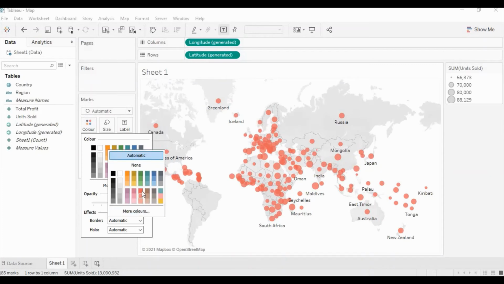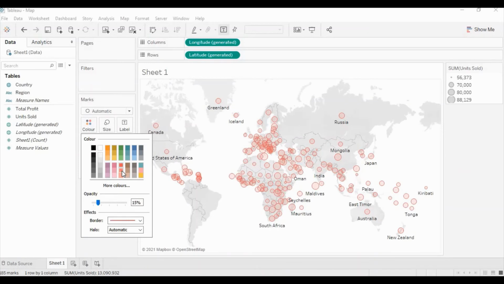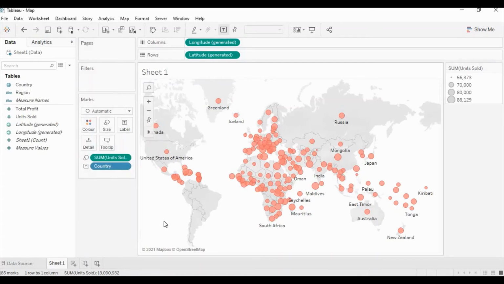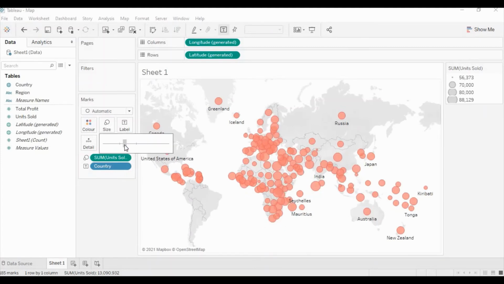And here you can select the border as well. So let me adjust the transparency of the color. Let me select a lighter shade of red, because I have selected the darker color for the border. Like this, you can see the circle. Now you can increase the size of the circle a bit so that your graph looks nice and clear.